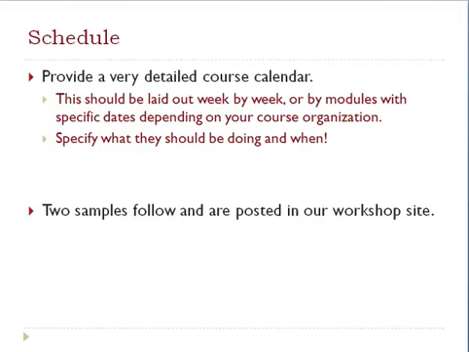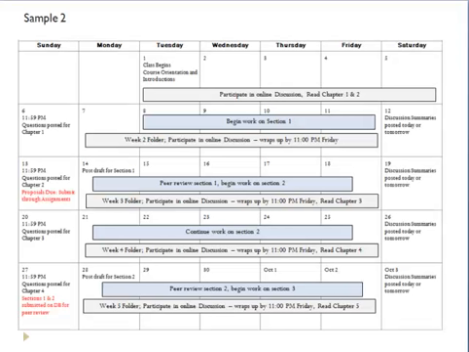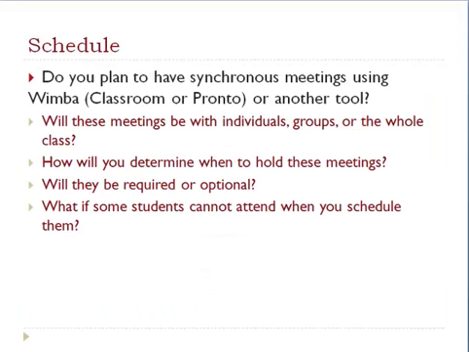There are two samples of a calendar layout for you in our course site. The first sample looks like this. It's a table format that lays out for them what it is they'll be reading and what may be due. And the other is a more traditional calendar format with a little less detail, but in some ways easier to read with the layout. Regarding your schedule, do you plan to have synchronous meetings using Wimba, either Classroom or Pronto,